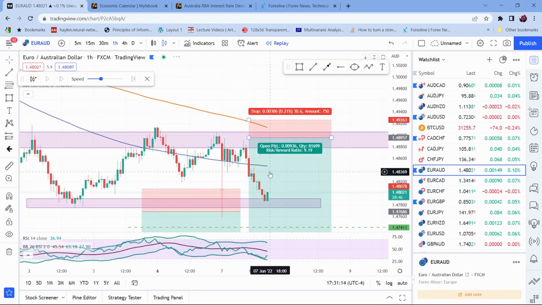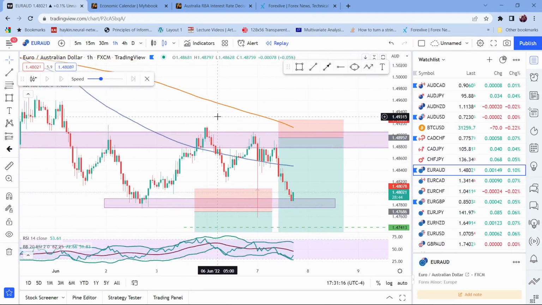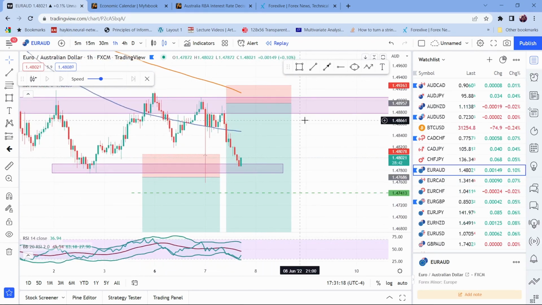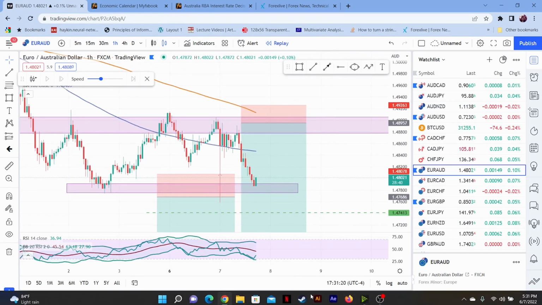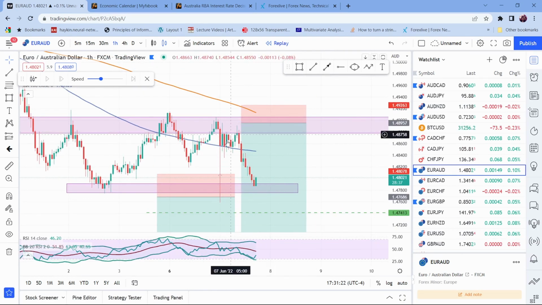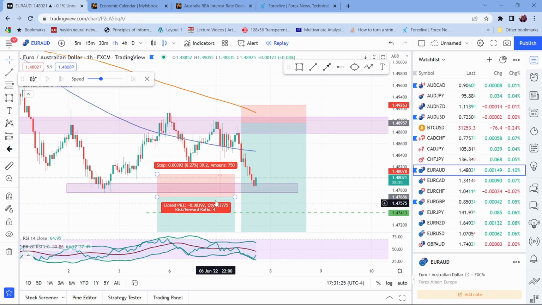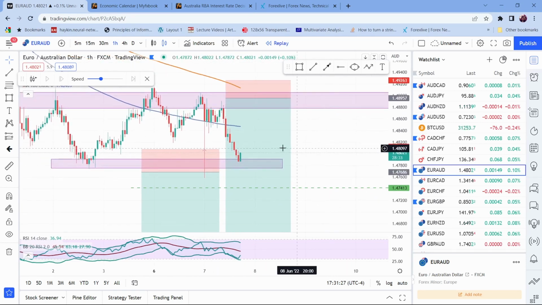Also for EUR AUD, another trade that was sent out into the Telegram and Discord group, which I'll show right around here, we got that spike to the downside as well, also giving us a nice return, right? And these were the major wins that resulted in me making $51,000 in the market.